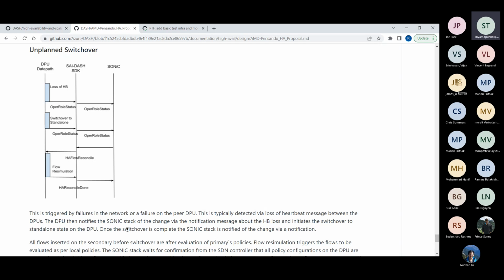The controller today issues an API called flow reconcile. At this point the notion is that the controller knows that the current state of config has all been pushed to this node. Once this is done, flow reconciliation happens. All the current flows are reevaluated to see if they match the current policy. If not, they are updated.